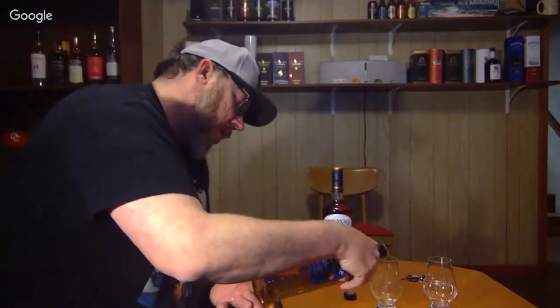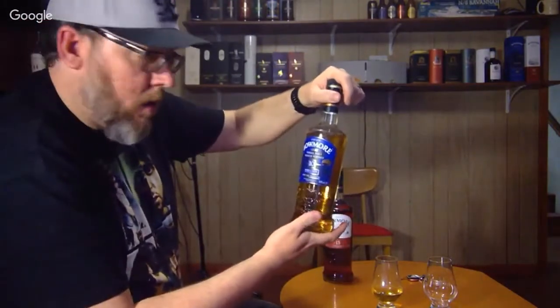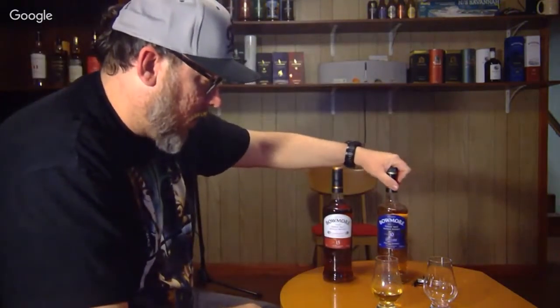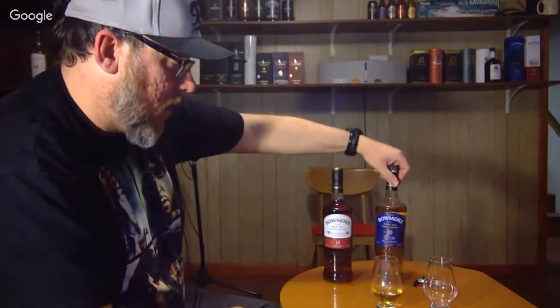But anyway, we're gonna go ahead and pour us a little bit of this and get this airing out while we're talking about it. Over here in America, this is known as the Dorus Mor, and we're at batch 3 now. Doing some research on this bottle, and this is the first one we'll go with, just because I've heard the peat on the Tempest slash Dorus Mor is very present. This is a cask strength whiskey at 54.9 on batch number 3, and first fill bourbon